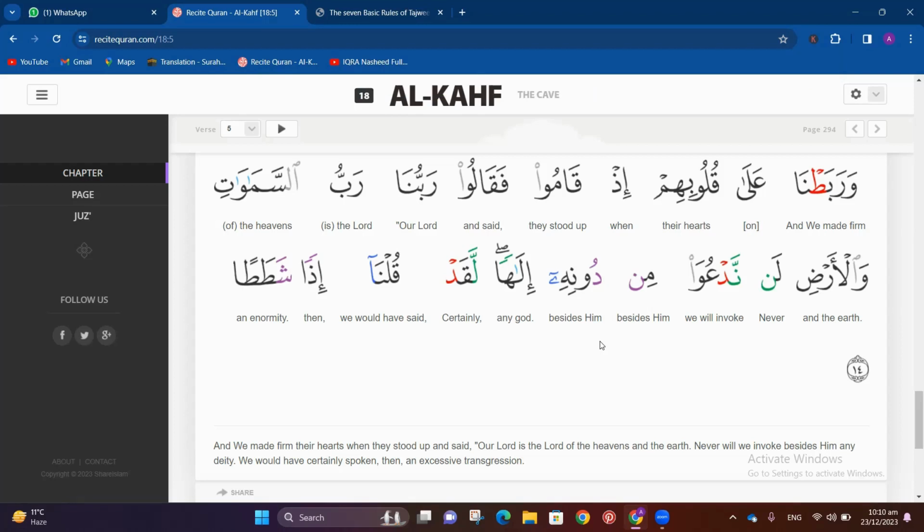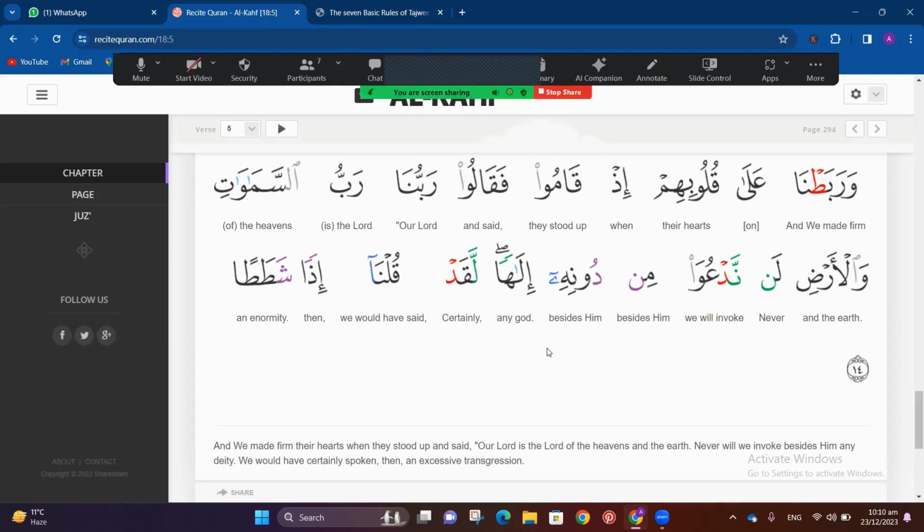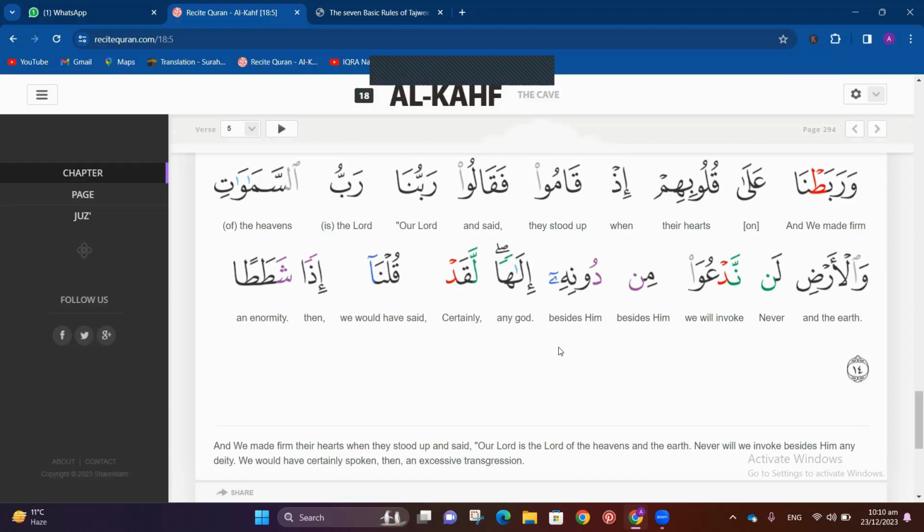Min dunihi ilaha. So in dunihi I have prolonged the voice of ha, and we are going to do that for four counts. You can count them on your fingers, like 1 2 3 4. So I have made it long for that period of time, like dunihi ilaha. إلها لقد قلنا إذا